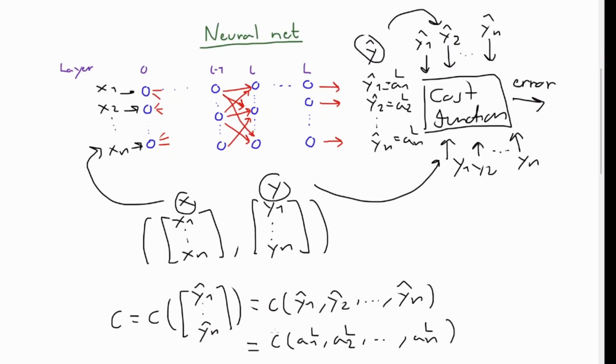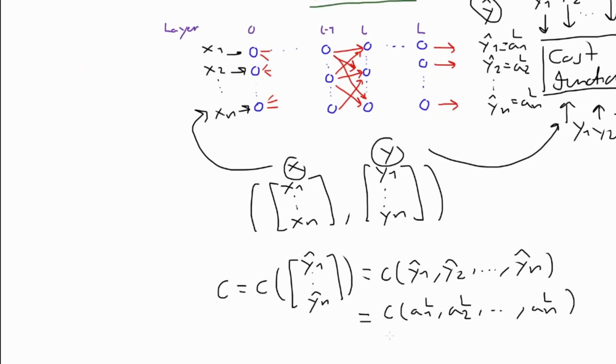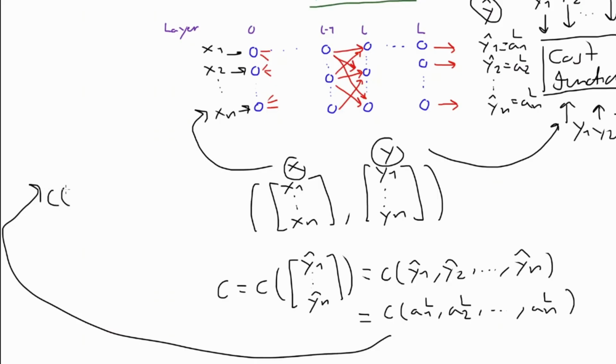Hence, we can decompose our cost function further into a function of all weights and biases